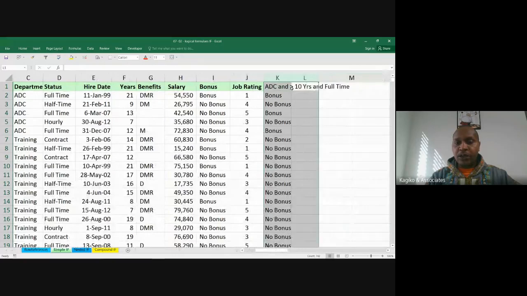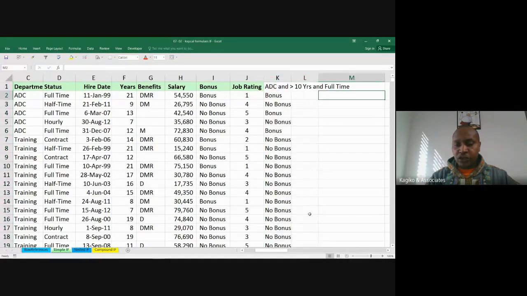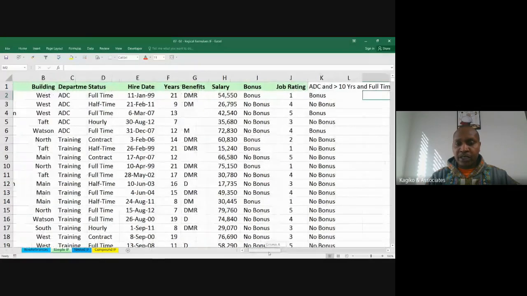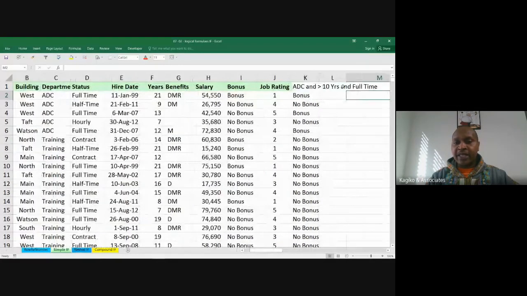So when you have a decision to make and you want to test whether 2 or more criteria are met, and you want it to return true if all the criteria are met, then there is a function called the